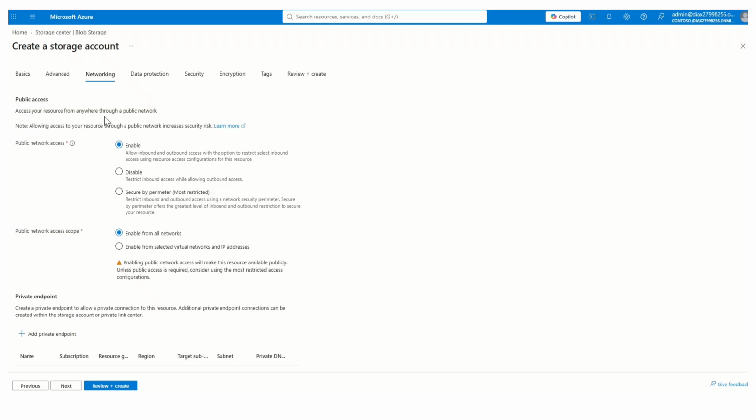Access your resource from anywhere through a public network. Now, from a security perspective, obviously this is a no if you can afford it. If there's no need to access this from the internet, then you should disable this. And you gotta pay attention to this, because definitely there's going to be several questions in the exam about the